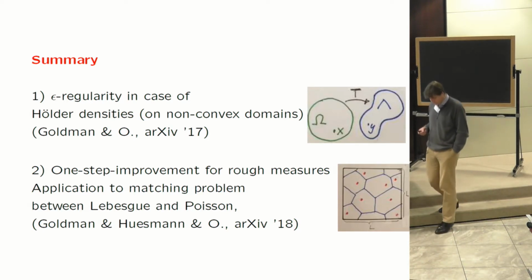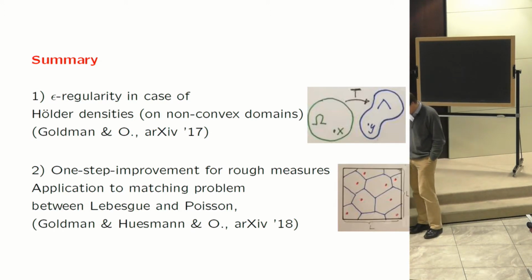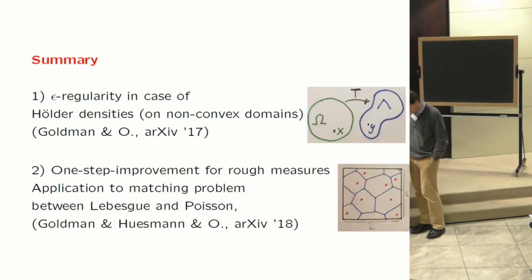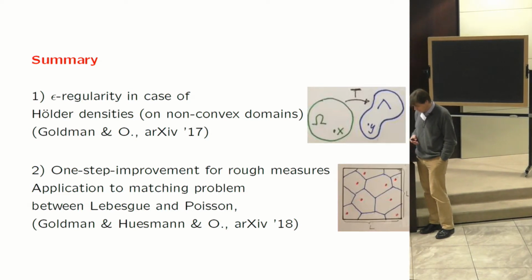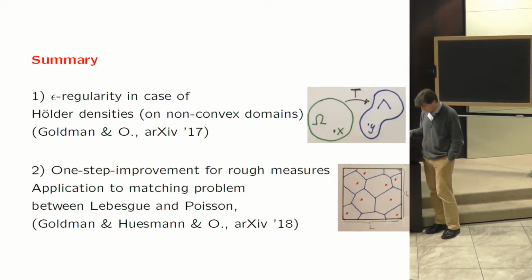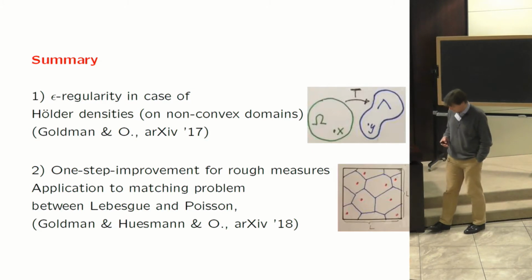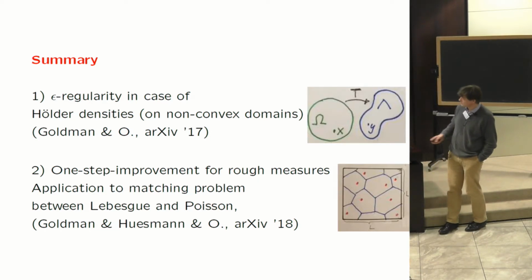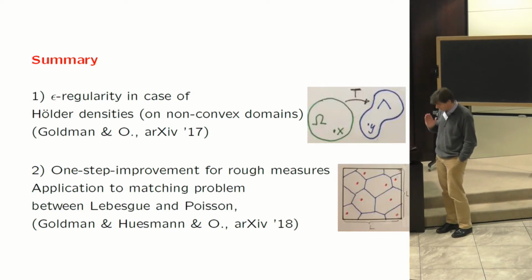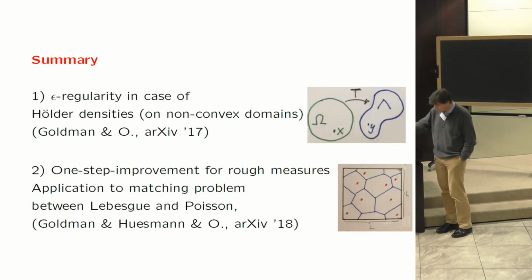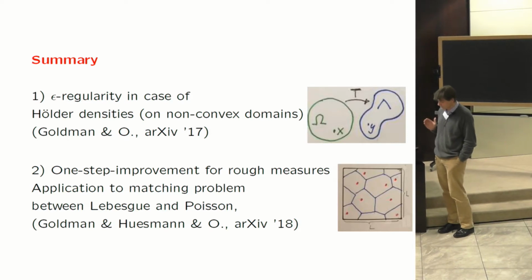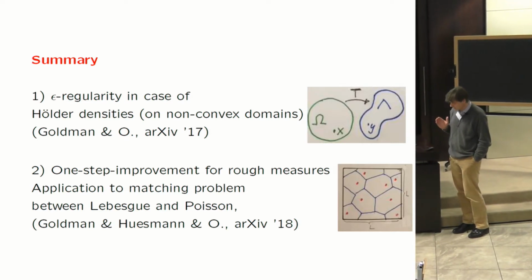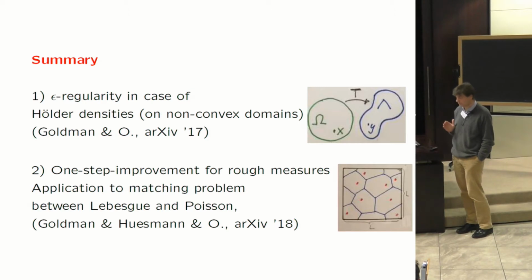reviewing or working out a different approach to the famous approach by Caffarelli to the regularity for the Monge-Ampère equation. Right away, using the fact that the Monge-Ampère equation can, to some extent, be interpreted as the Euler-Lagrange equation of optimal transportation. So in a certain sense, if you're interested in regularity of the Brenier map, it's a shortcut towards at least partial regularity or epsilon regularity of